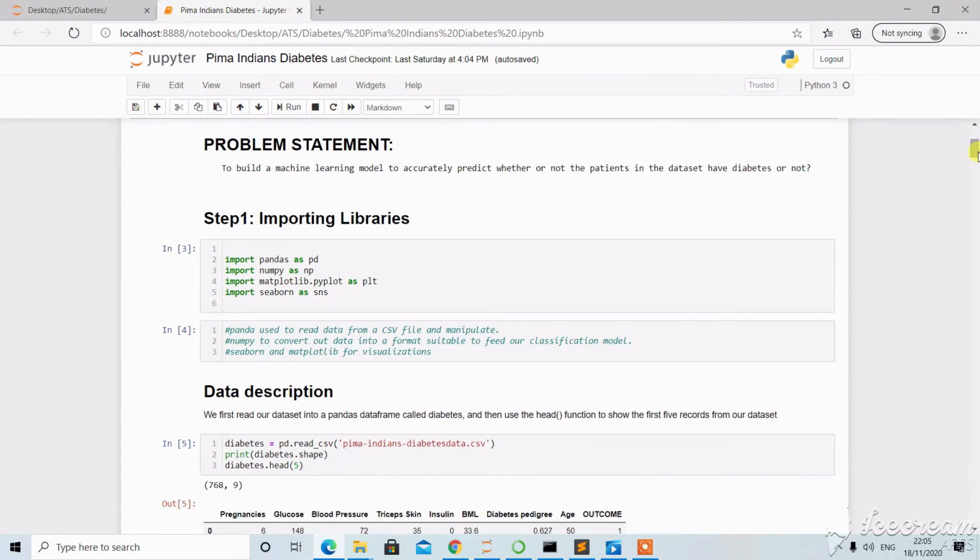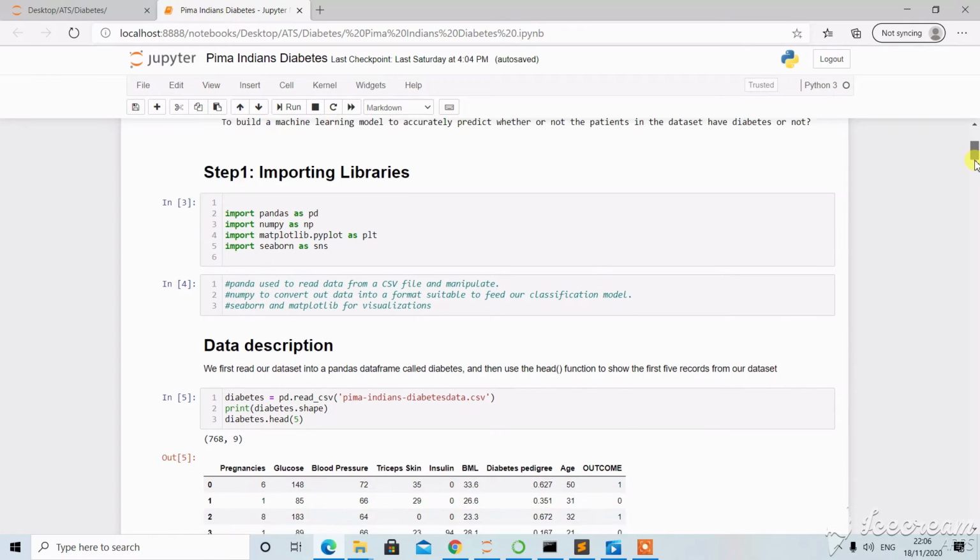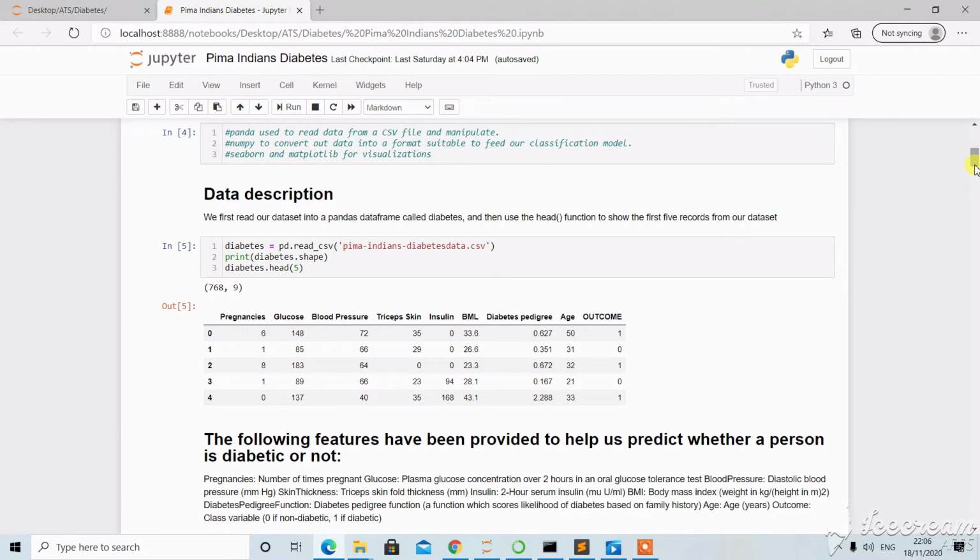Here in the backend, I have used the technology: RAM required is 4 GB and the language used is Python. In step 1, I import the libraries. After importing the libraries, I have stored my data set under the variable name diabetes. After loading it, you can see my data. Here are the 9 attributes, and the last is the outcome column that indicates 1 and 0. 1 indicates diabetes is present, 0 indicates diabetes is not present.